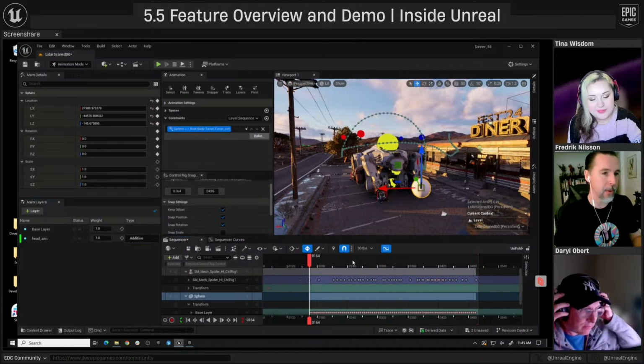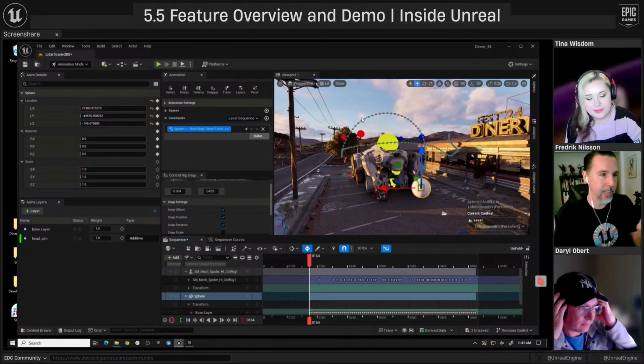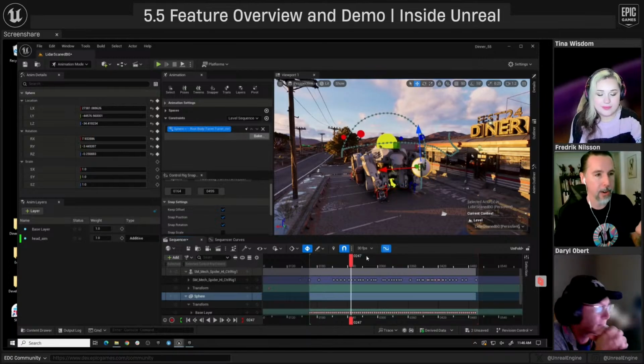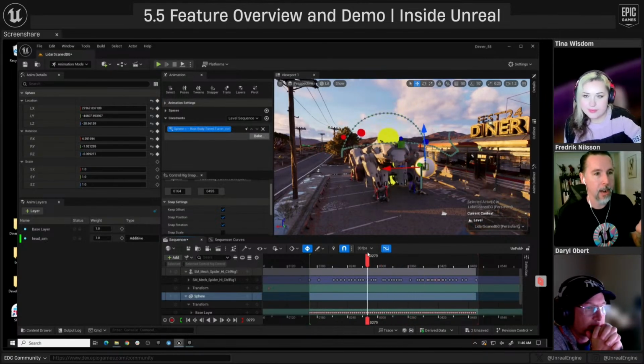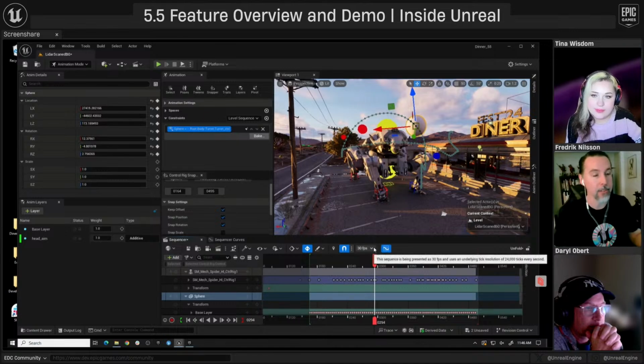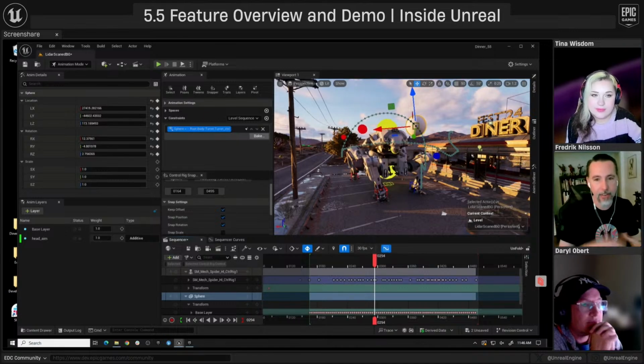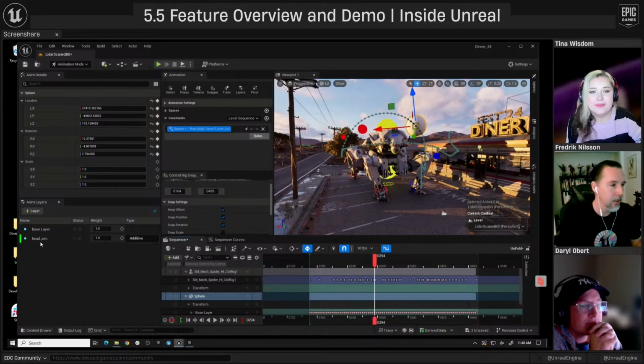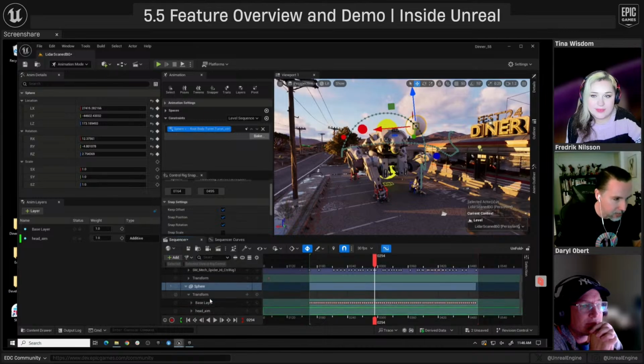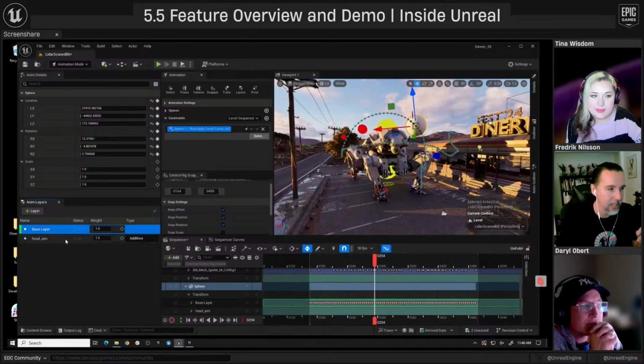So now say I want to do an animation layer because I want to edit the trajectory. Maybe instead of going a smooth arc up here, I want to just adjust it and create like a little bounce to it or something. Yes, I could have gone into the keyframes and manipulated all those, but here I'm doing it in a non-destructive way. So I have this sphere now in a new layer. And what you'll see here is if I look at this sphere, it did add a new section for me. But if I click on these layers in the layer manager, you'll see it's switching the active section.